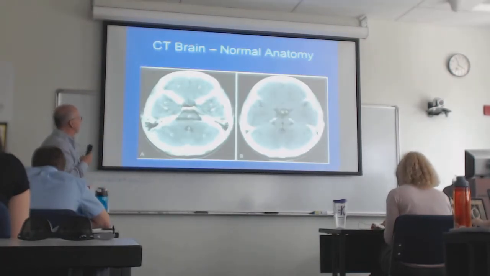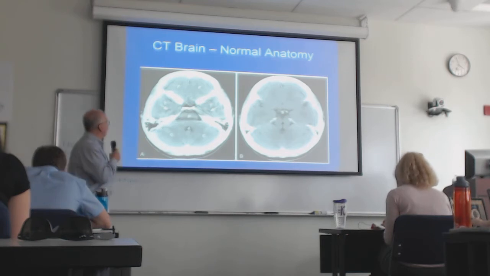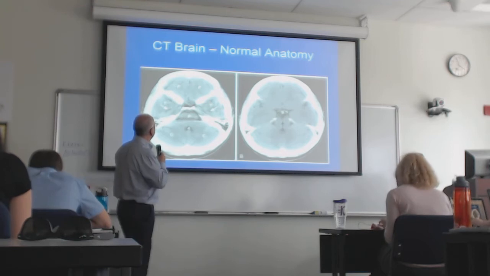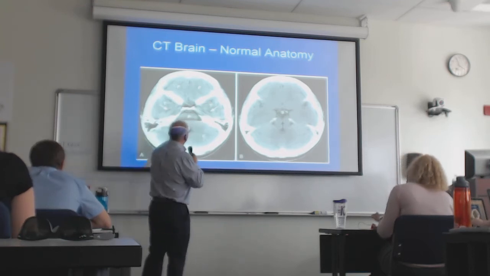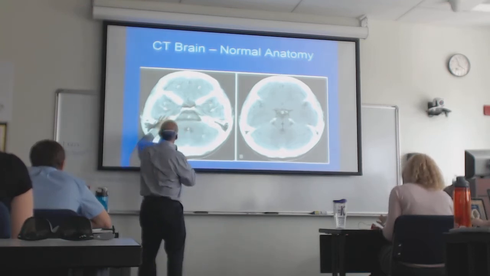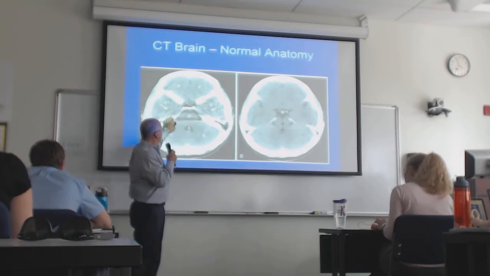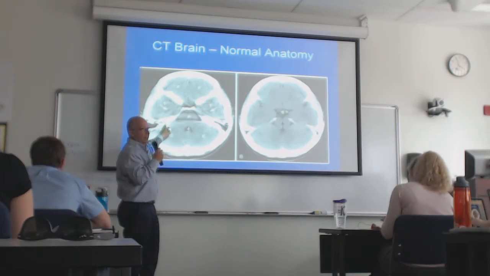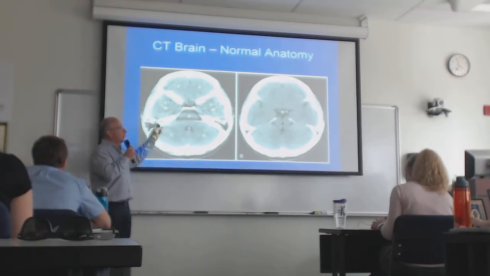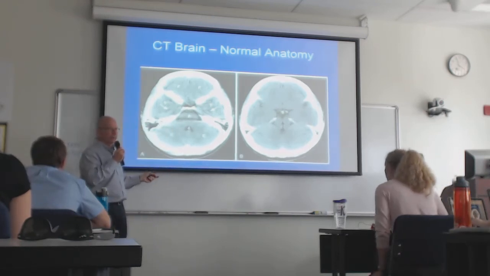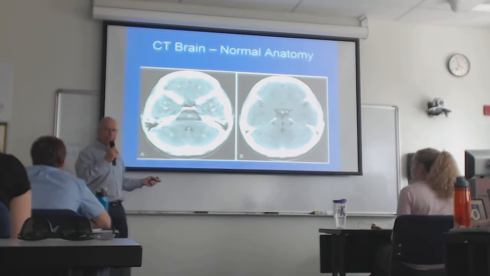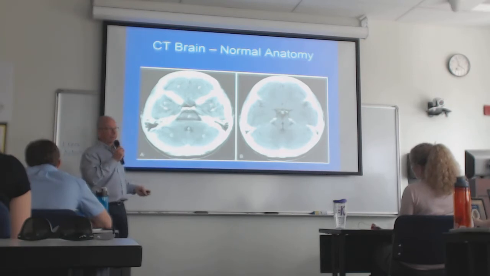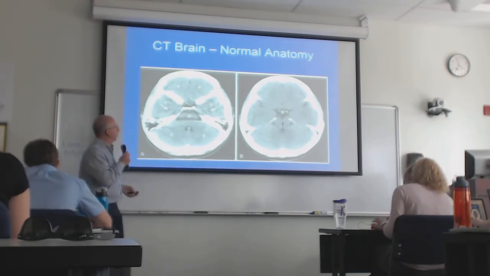Okay, we kind of ran through this. I don't know that we necessarily need to run through it again. Again, you can see this streakiness here. This is the artifact of the petrous portions of the temporal bones. This is the petrous portion of the temporal bone. It's probably the most or second most dense bone in the body. I don't think enamel really qualifies as bone, but that's really dense right there, and it's just playing havoc with the physics of the scan.